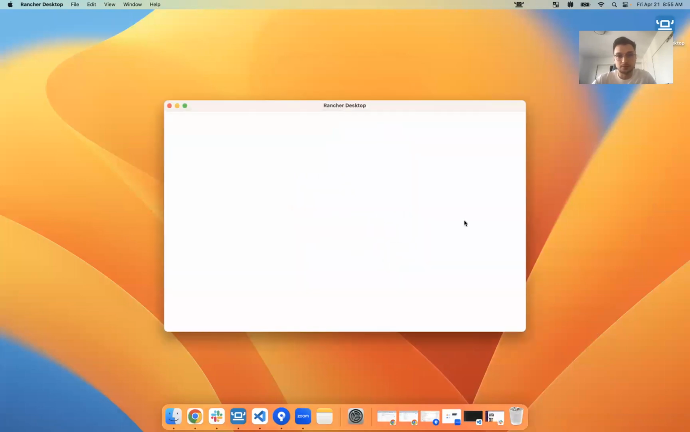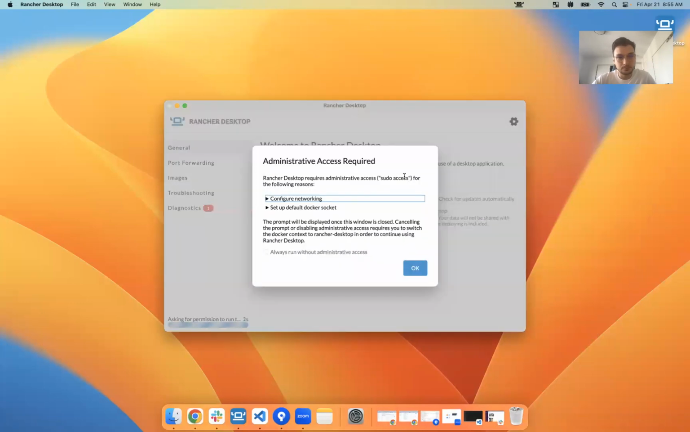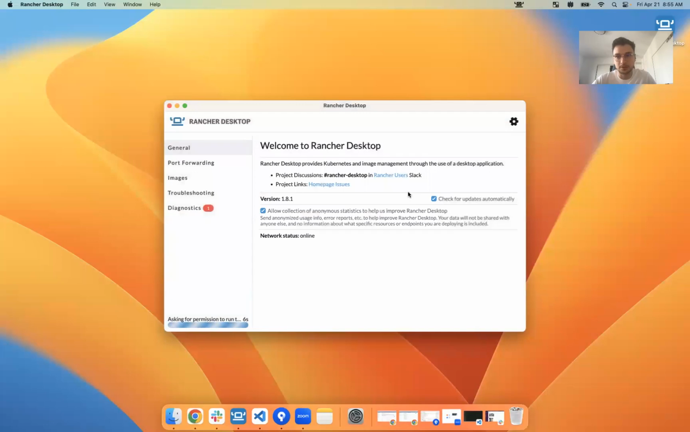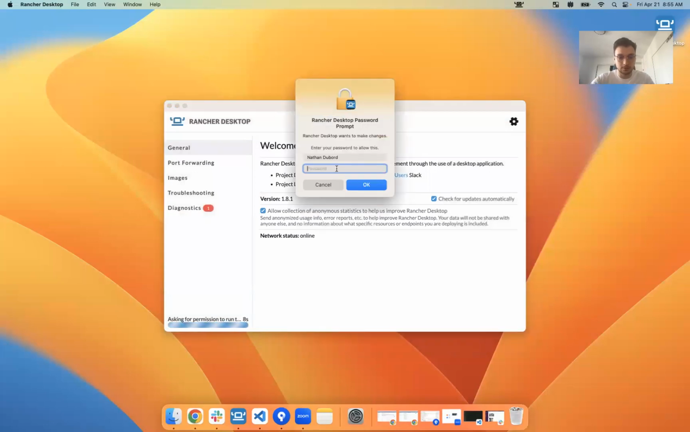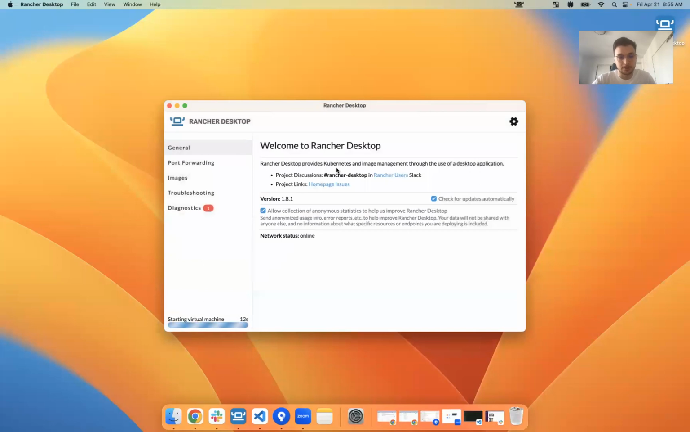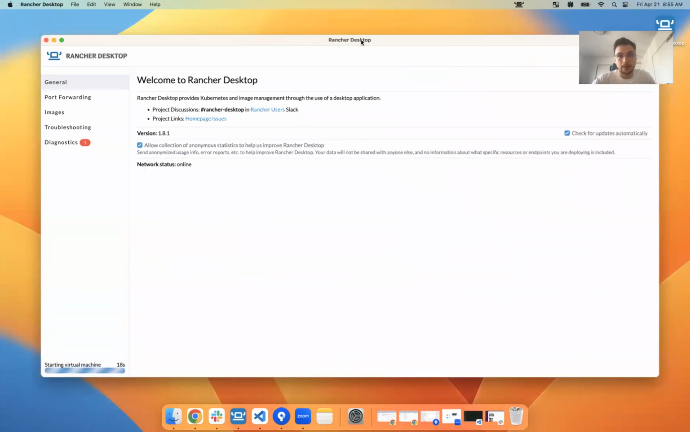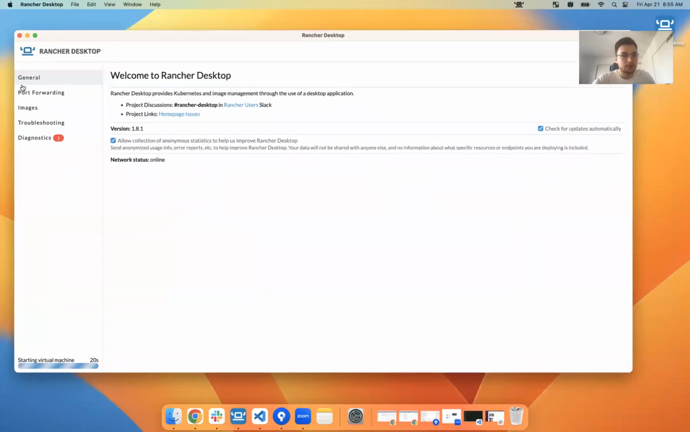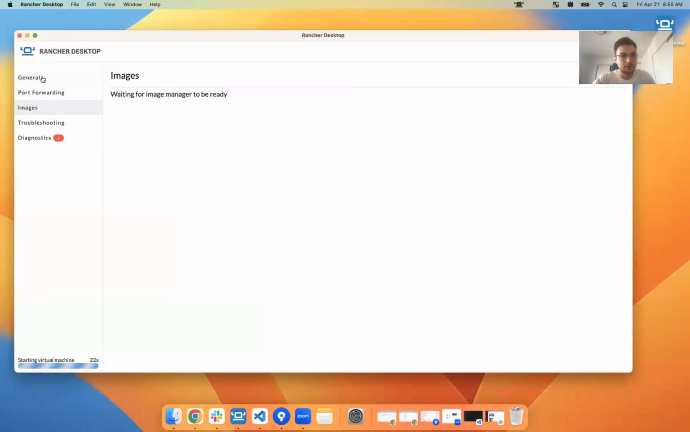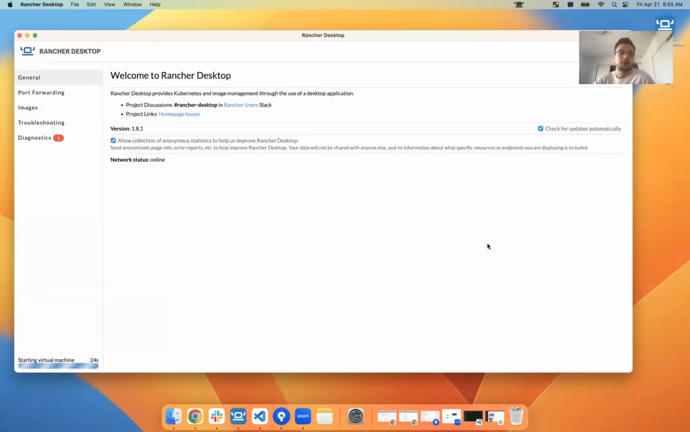Automatic path configuration. And then you're probably going to have to run this with admin access, so it might ask for your password. Here it is. That's just your local machine's password. So it's going to start up. The interface is fairly simple. We shouldn't have any images now because we haven't created any, but we're going to create all the images